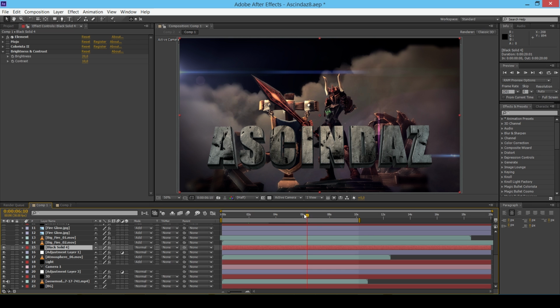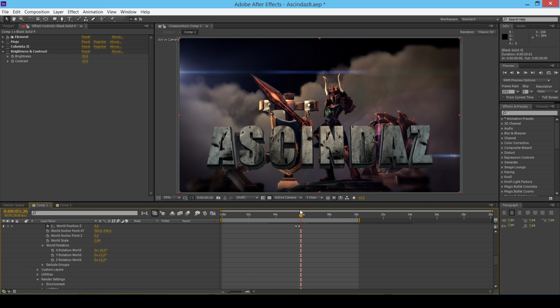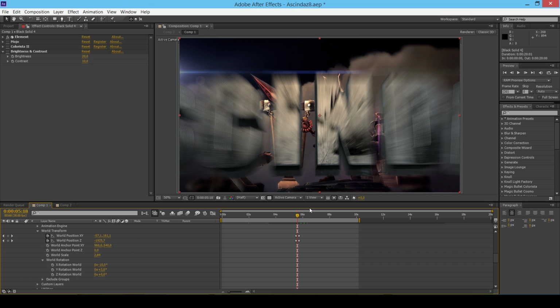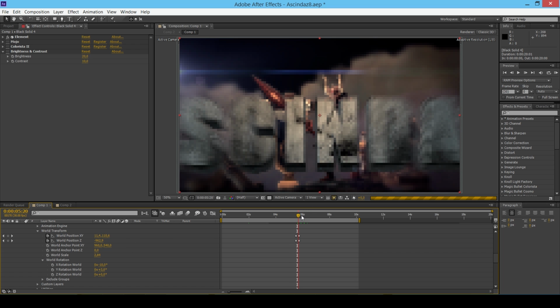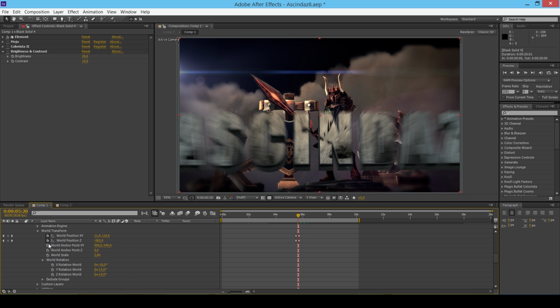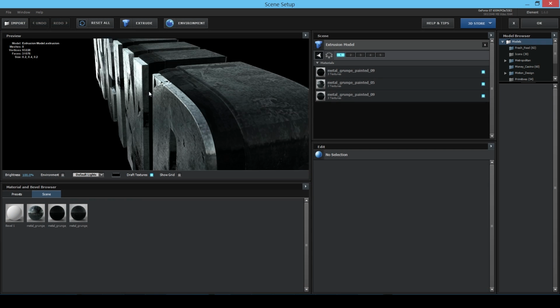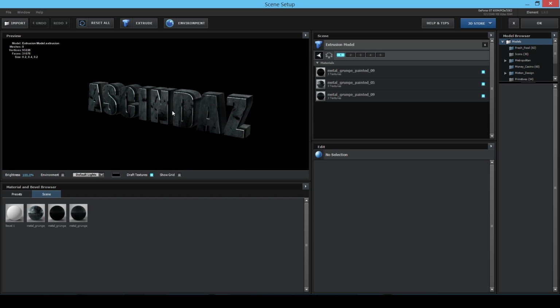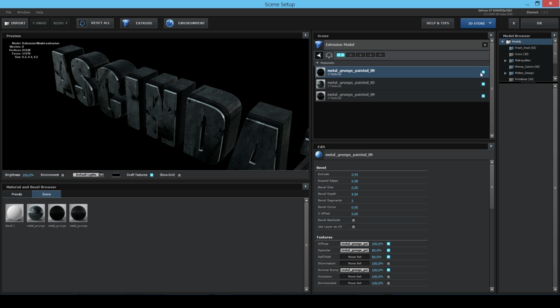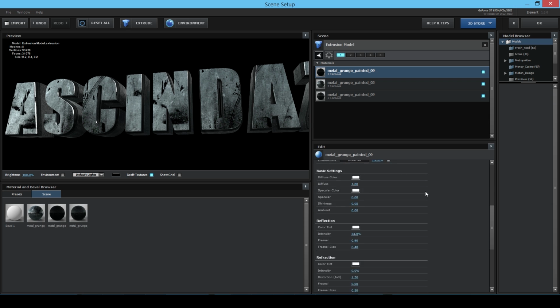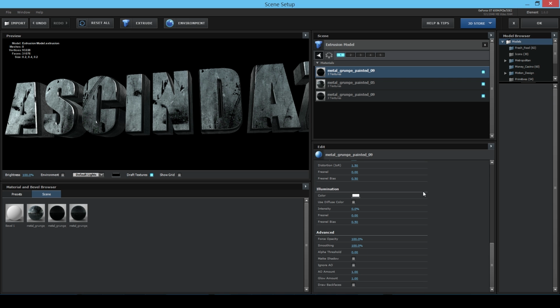This is also animated over time, so if I go back a bit, you can see it zooms in. Wait, I have to expand this and then see where the keyframe is. So it's here. Here you can see it zooms into the character and then that's it. But this is also not that easy because you have to create a text layer and then adjust all these settings. You have to go to element, scene setup, and here you have the text. You can change everything. You can make it have more depth. You can change the materials here. Yeah, so you can also imagine, and then you have more settings here,